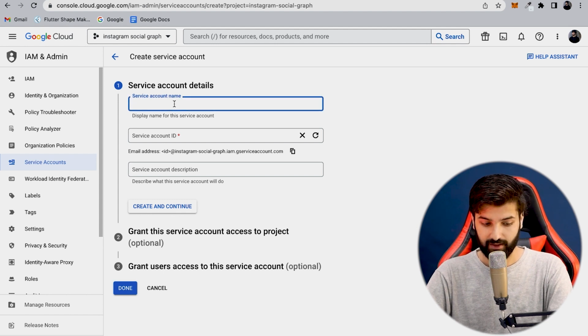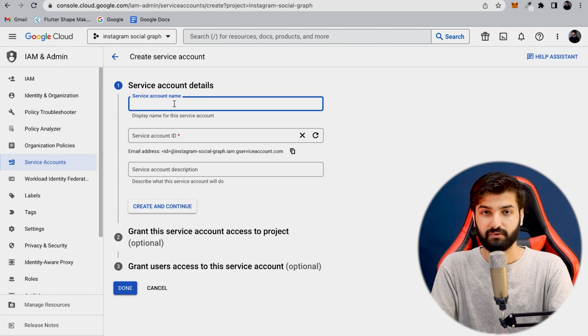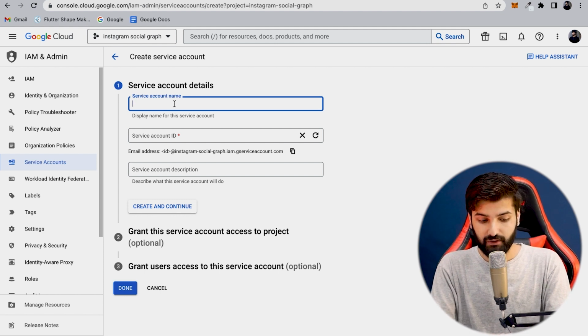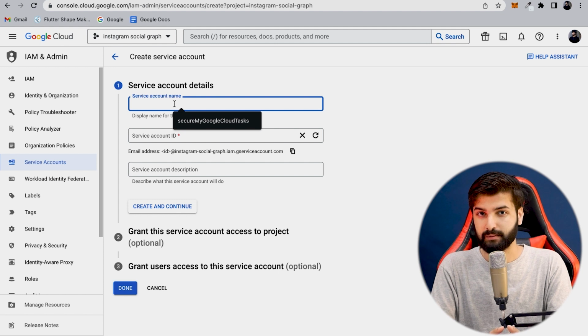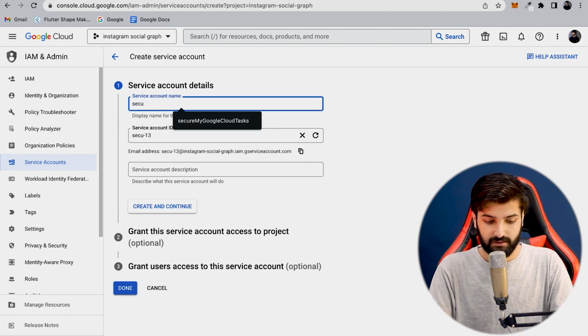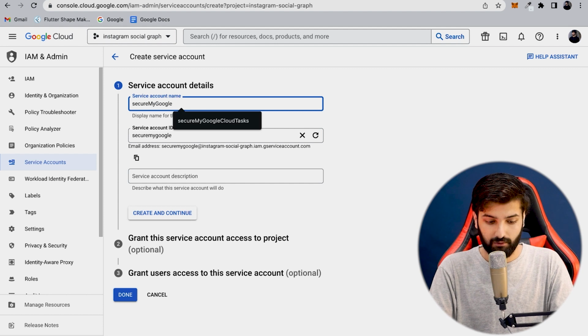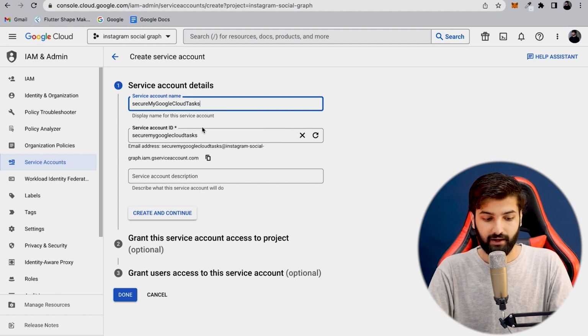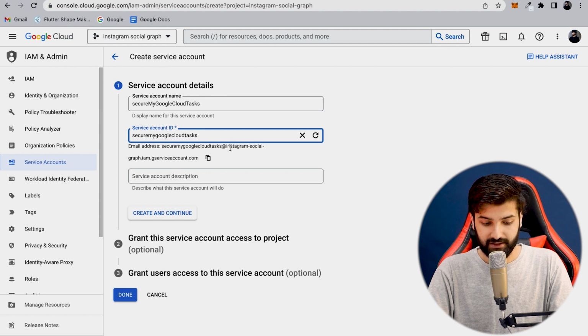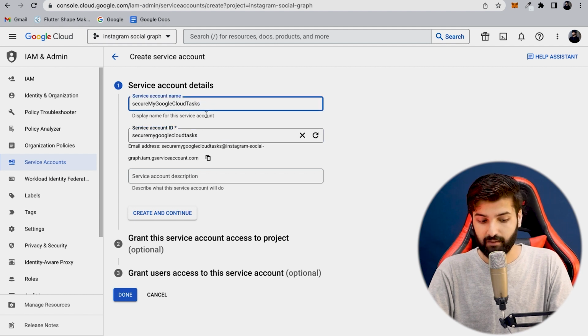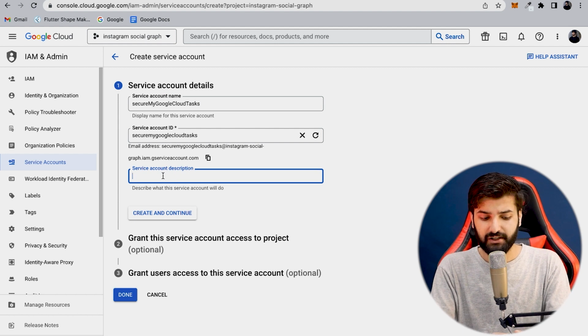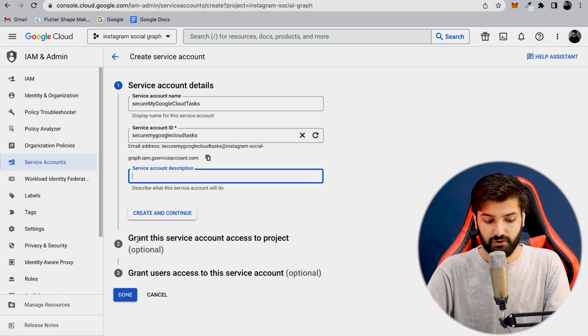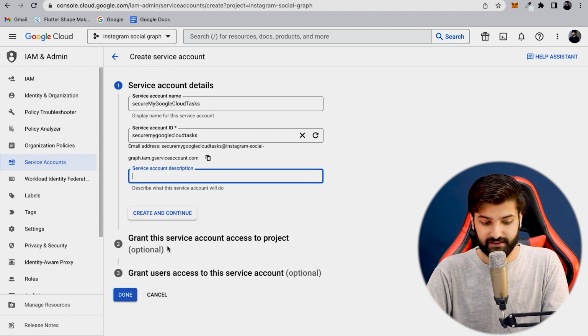You simply have to name your service account according to the task you are going to perform. We are going to secure our HTTP post request, so we can simply name it secure my Google Cloud task, or whatever you like. The service account ID will be generated directly when you name your service account. Then write a short description of what you are creating the service account for. After this, the other two options are optional, so you can just go for next and create your